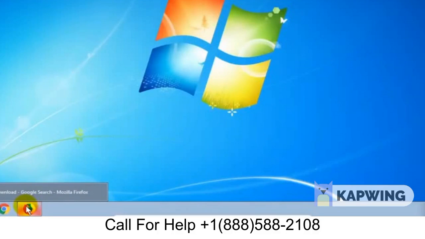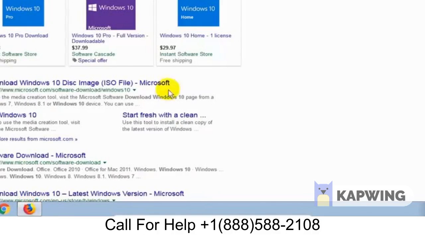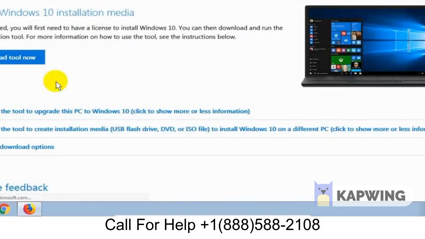10 from Windows 7 using Microsoft's Media Creation tool. And you get this tool directly from Microsoft Corporation's website. So let's go ahead and open up an internet browser of your choosing, and I'm going to open up Firefox here. And once you have your browser open, go to this URL address right here, and I'll have that in